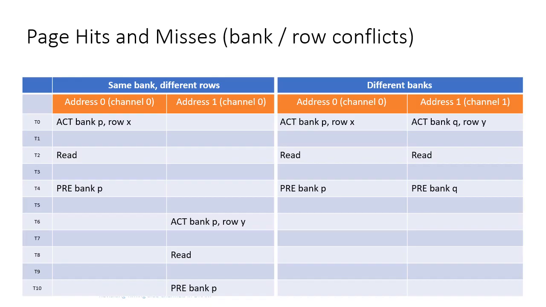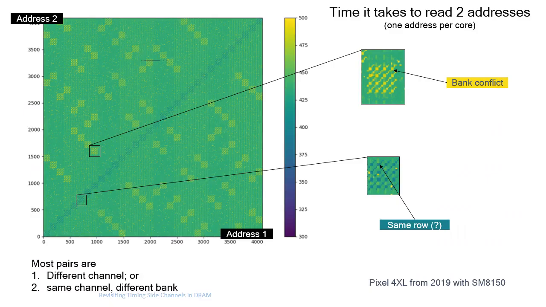And this schedule shows us an example of how come this access is slower if I'm accessing rows in the same bank. One has to wait for the other, causing this significant timing difference. So to show you a big picture of this phenomenon, here is a heat map where each pixel indicates an access latency. And this access latency is caused by accessing address number 1 on the x-axis and address number 2 on the y-axis in a loop.